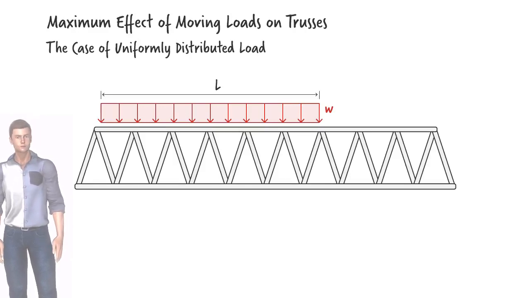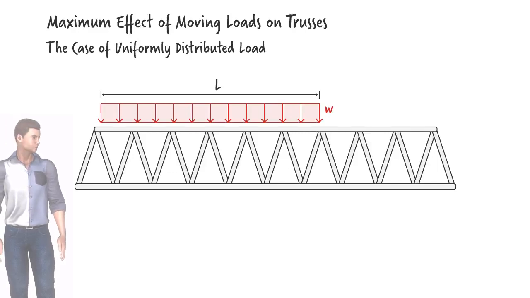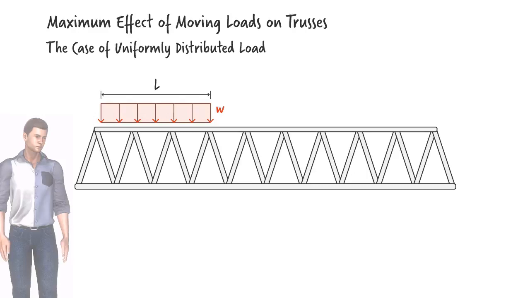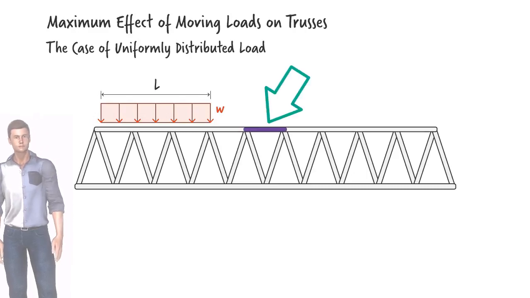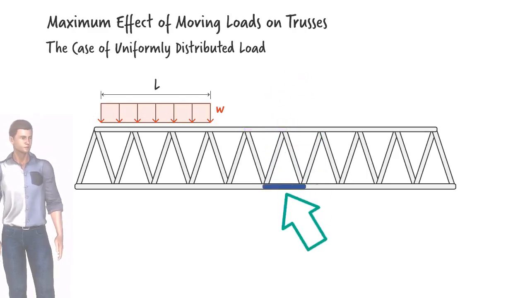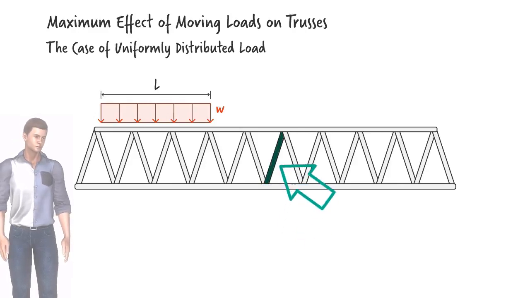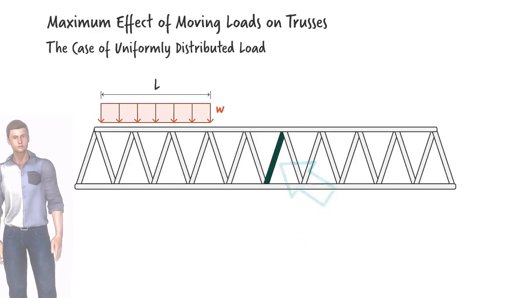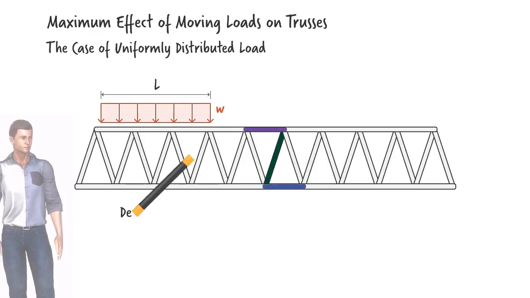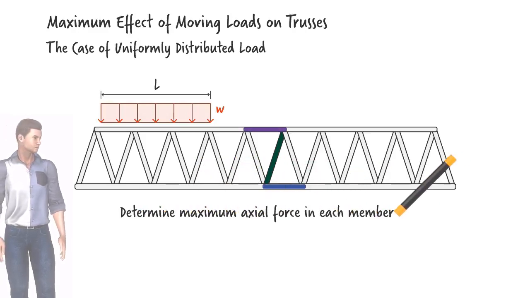In this lecture, we are going to examine the maximum effect of such a load on three specific members in a truss bridge: a member along the top chord of the truss, a member along the bottom chord, and a diagonal member connecting the top chord to the bottom chord. We are going to determine the maximum compressive and tensile force in each member as a train moves across the